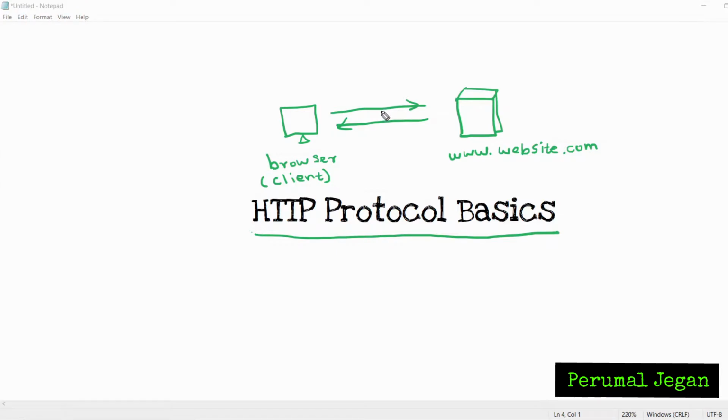Before studying the HTTP communication in detail, let me simply explain the TCP handshake here. The web browser wants to get some information from the web server, right? So the web browser obviously initiates the traffic. It will be the client.